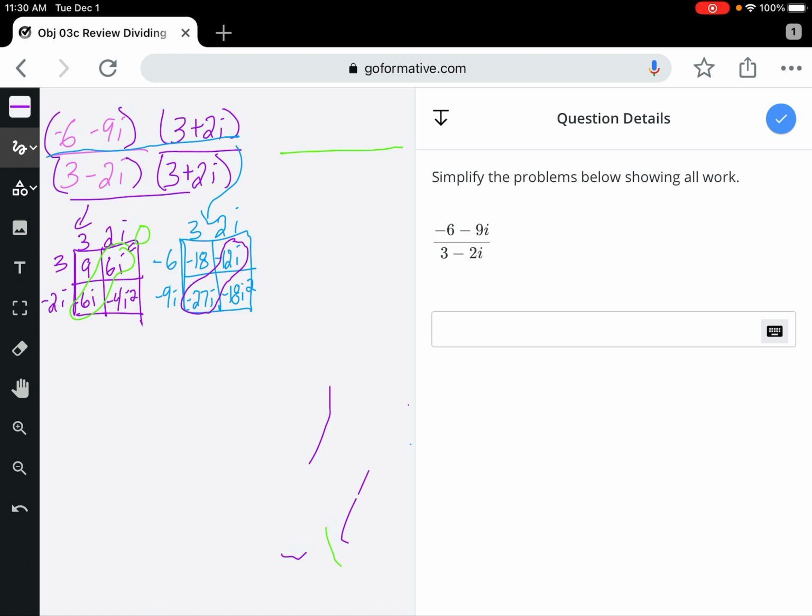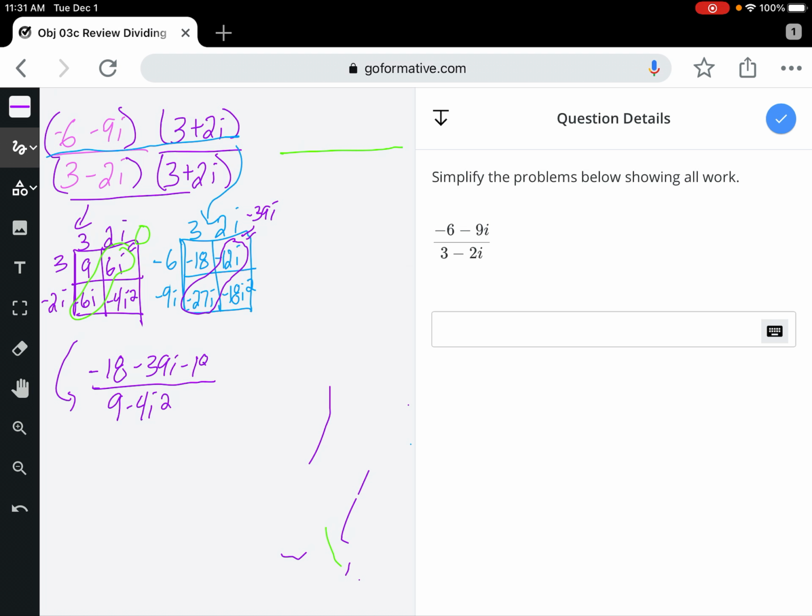These ones added to be negative 27. Negative 12 is negative 39i. Okay, so when I rewrite this, and I'm actually going to do it down here. So we have my denominator, that's going to be 9 minus 4i squared, and my numerator is going to be the negative 18 minus 39i